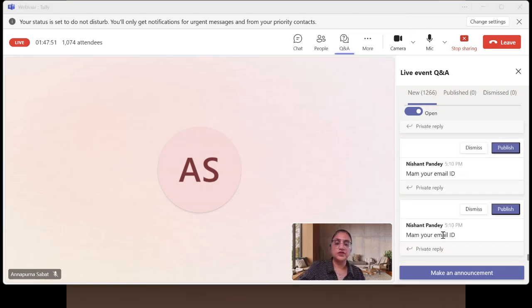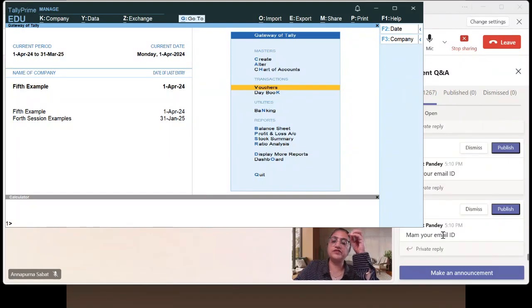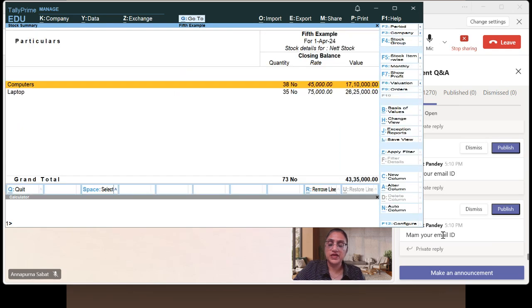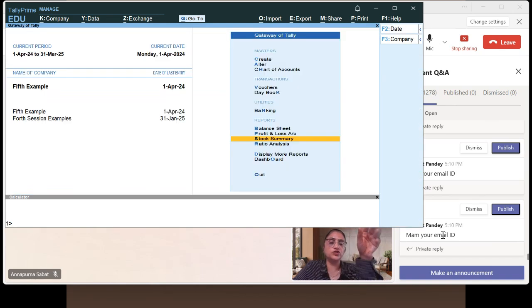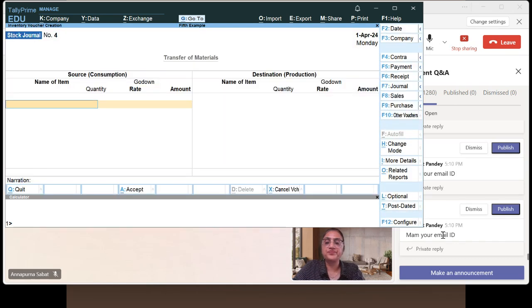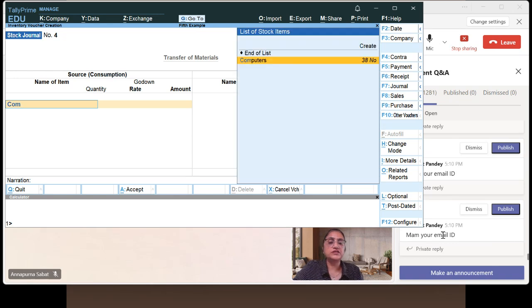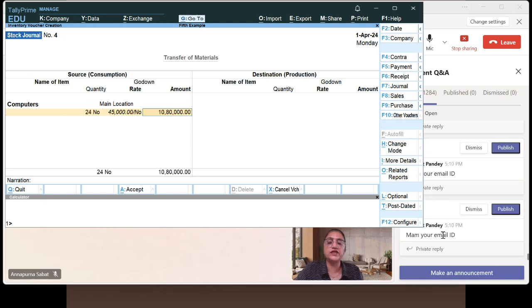Okay. Now, same example. Suppose I check the stock summary on main location. We have 24 computers on main location. But what is main location? That is nothing, it is the default godown name in Tally. So first you should transfer all the material from main location to your showroom and your workshop. How will you transfer the material? Alt F7. Computers. How many computers do you have in main location? 24. Just transfer all 24